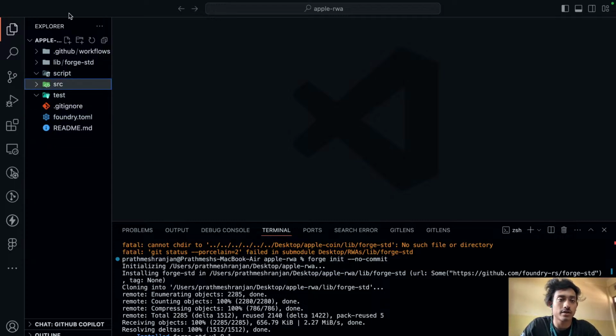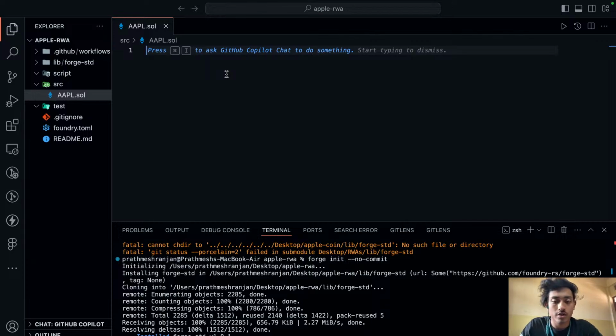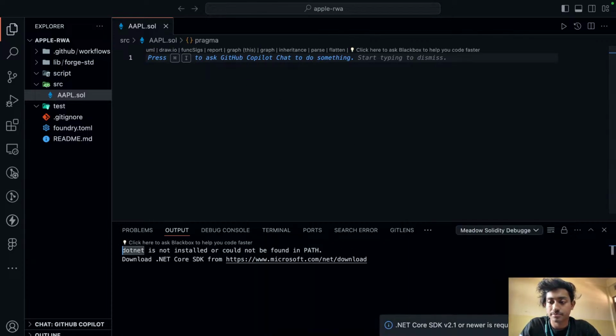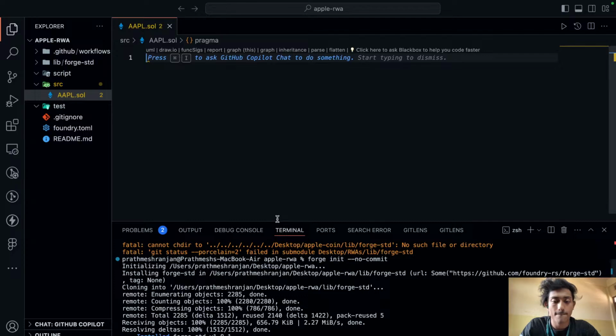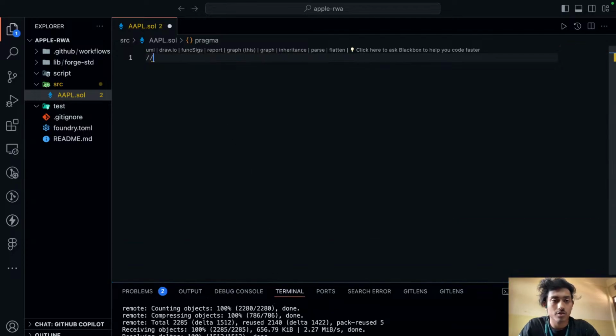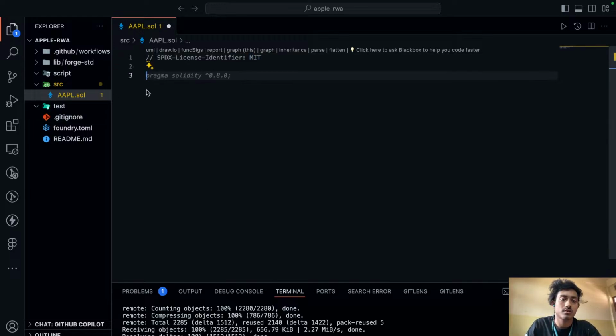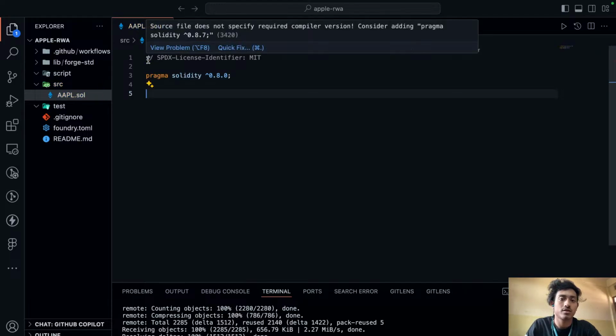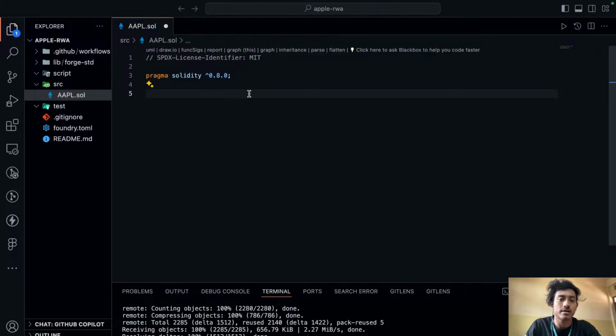Okay, so first of all, let us go on to the source, and here we'll create the AAPL.sol contract. Okay, so SPDX license, prime authority, and just